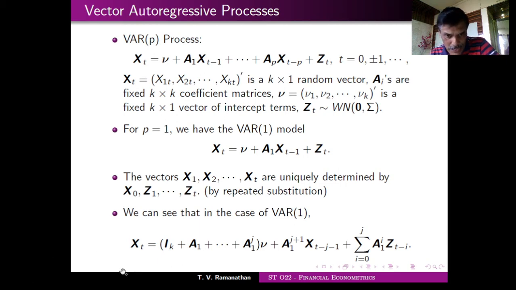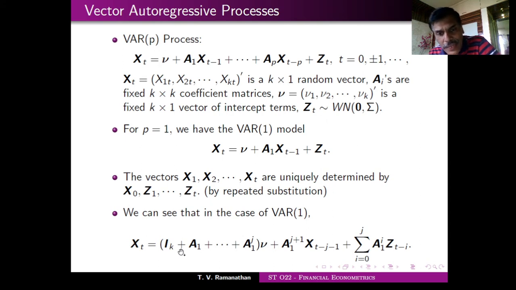Of course, I'm going to say something about all three terms. There are three terms in fact. This is one term, this is the second term, and this is the third term. I got all three terms by continuously substituting for x_t here. In the sense that if this is the expression for x_t, I substitute for x_{t-1}, substitute for x_{t-2}, etc., up to x_{t-j+1}, so I get this expression. Go up to j times.